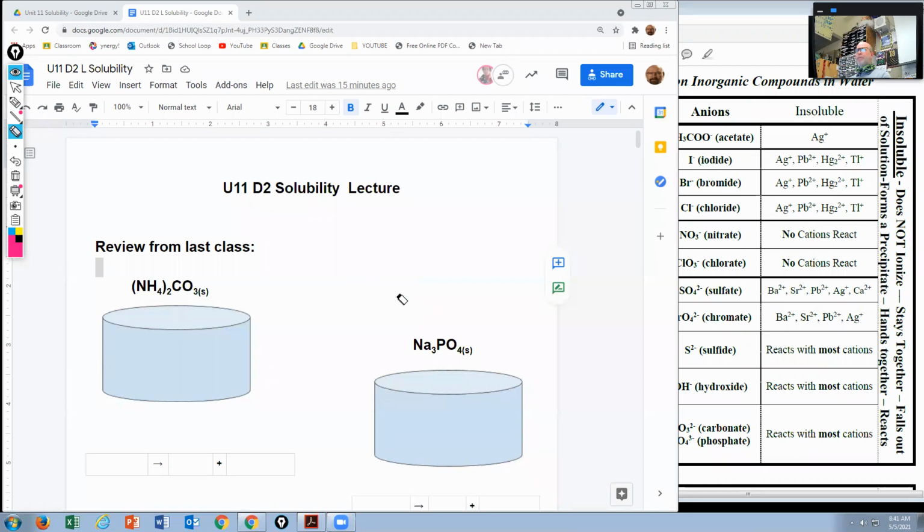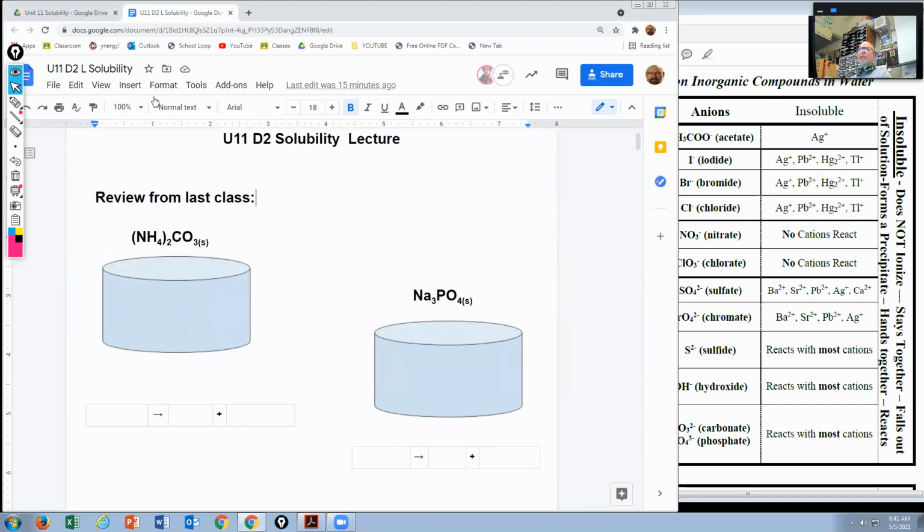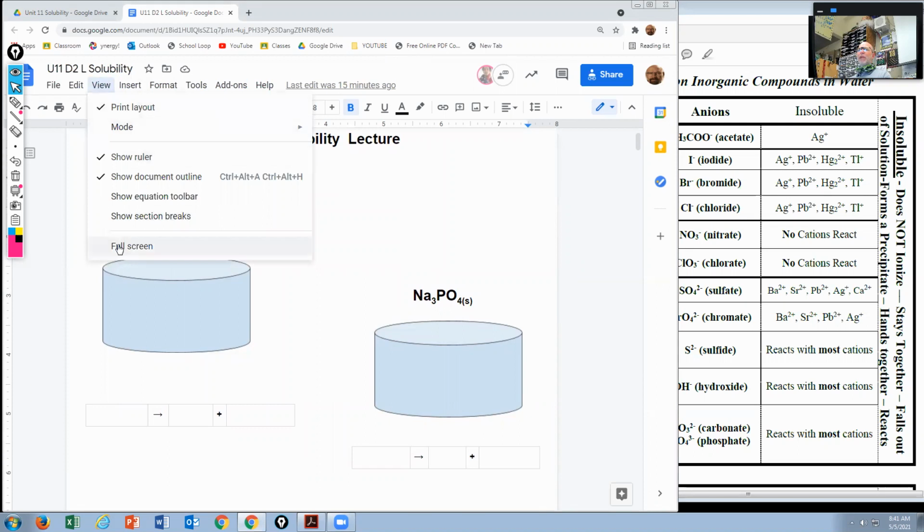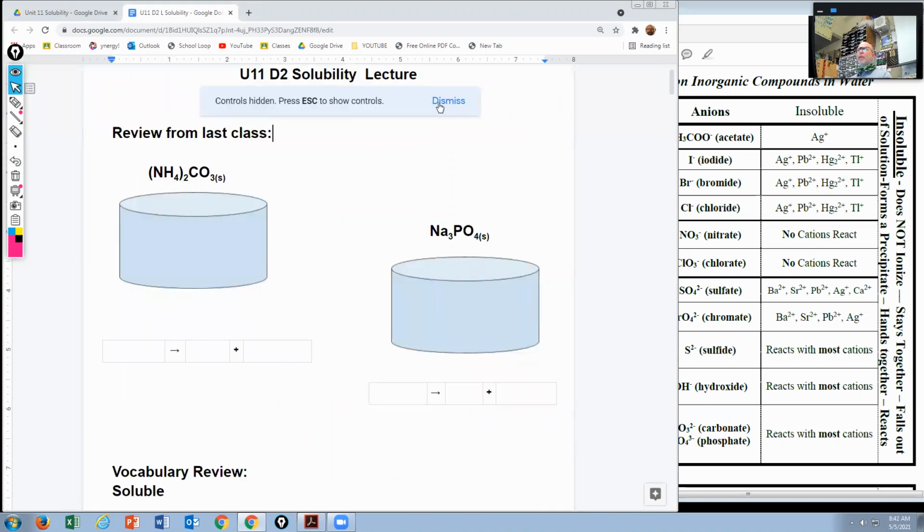All right, so if we take this example right here, we have this compound, ammonium carbonate. And if we take this ammonium carbonate compound and we put it into water, what will happen to that compound? Well, let's take a look. So we take the ammonium carbonate, put it into the water, it's going to dissolve this solid. You're not sure why, but we'll talk about that today. And it's going to break apart and it's going to form